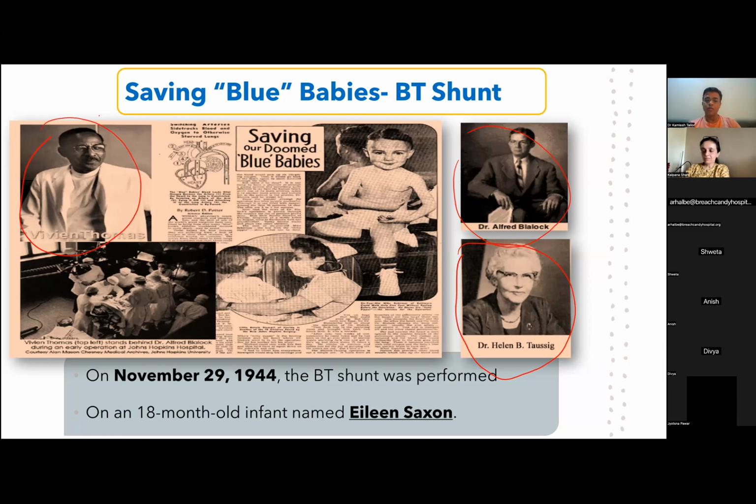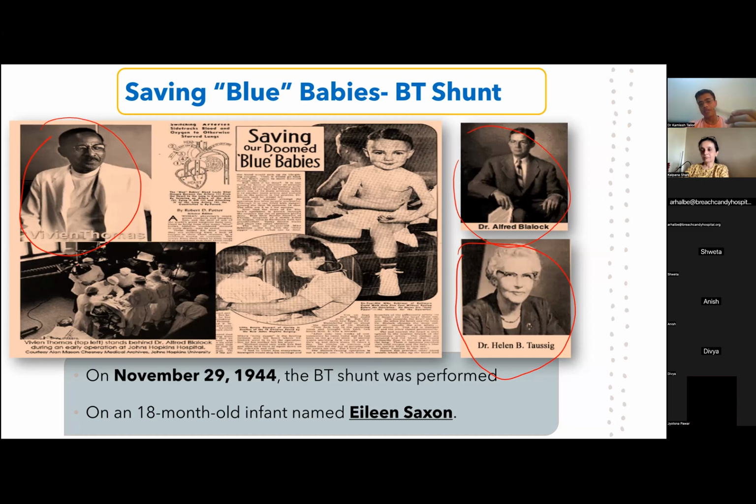On November 29, 1944, under the guidance of Vivian Thomas, Dr. Alfred Blalock performed a surgery where they attached the pulmonary artery directly to one of the branches of the